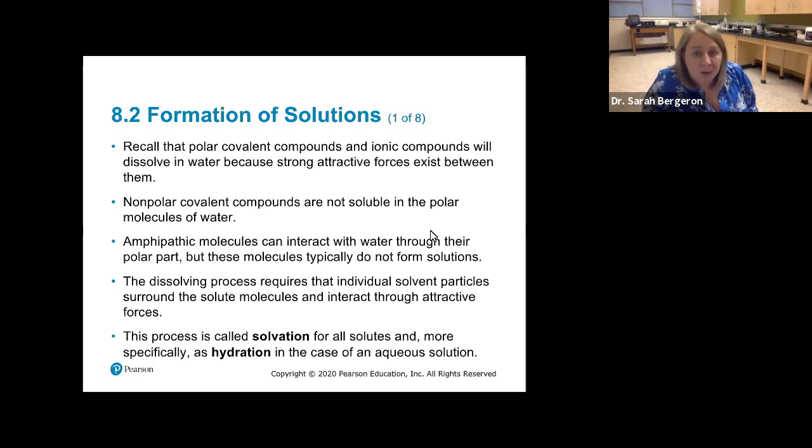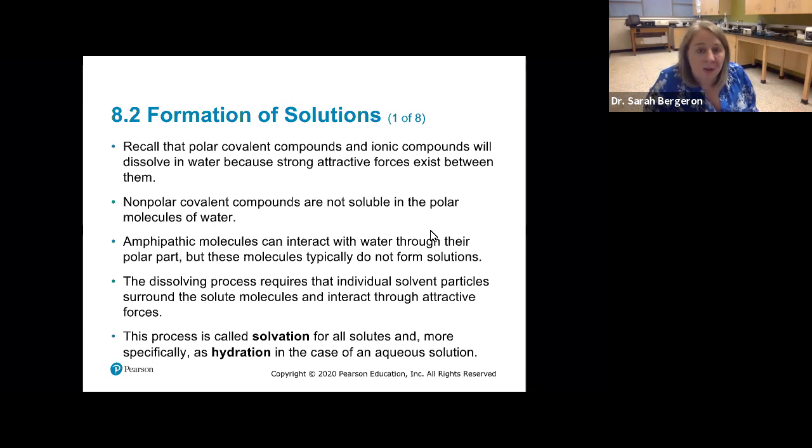Now, nonpolar covalent compounds are not soluble, right? They're nonpolar, so they can't participate in dipole-dipole interactions. They can't participate in hydrogen bonding. They can't participate in ion-dipole interactions, none of that. So they're not soluble in water. So you have to keep track of being able to look at molecules and know what's polar and what can